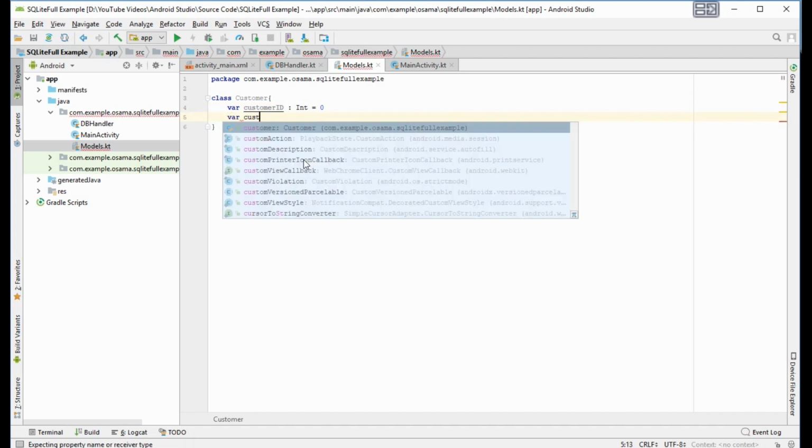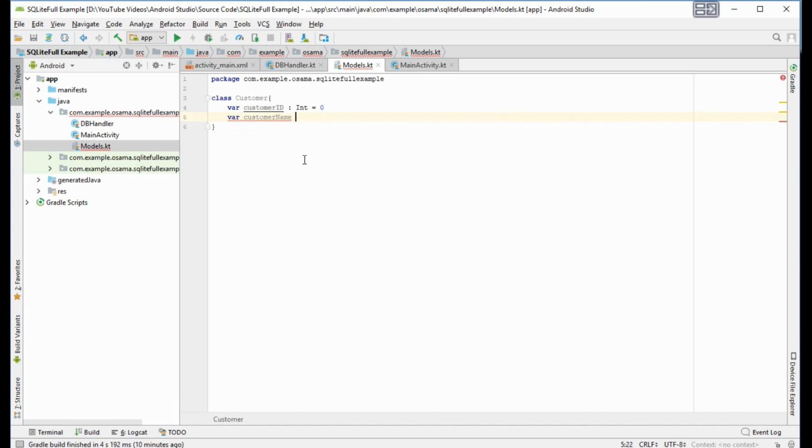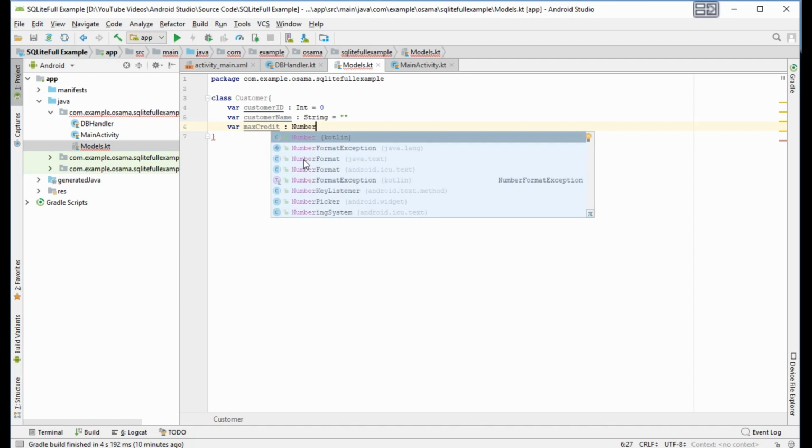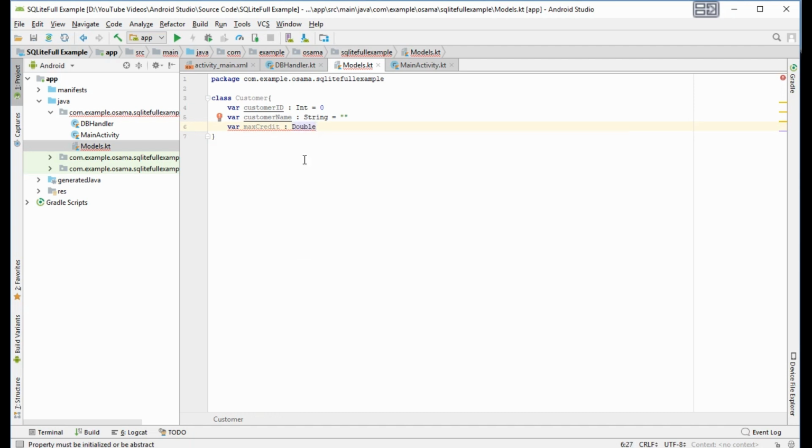Var customerName, it's a string and equal empty. Var maxCredit, it's a number, or we can put it as a double also. Double, let's say double and equal 0.0. Okay. Now we created the model.